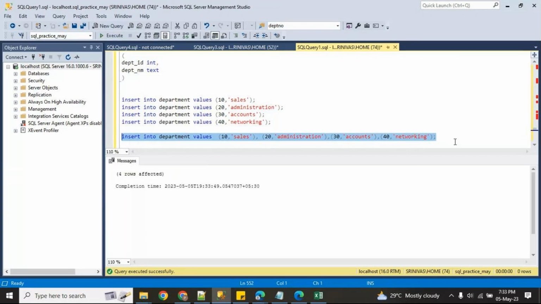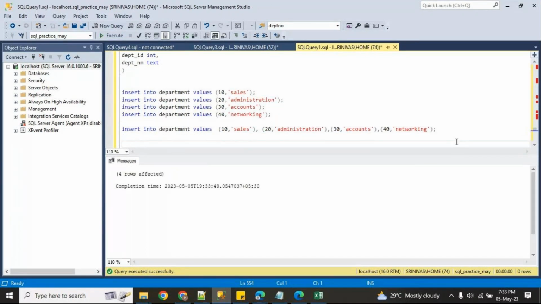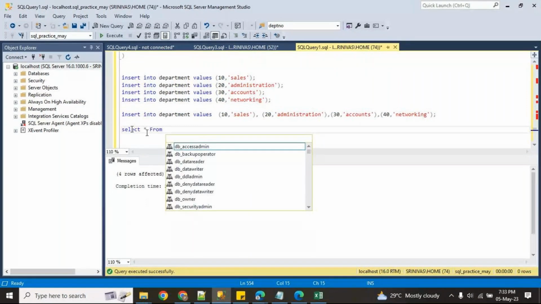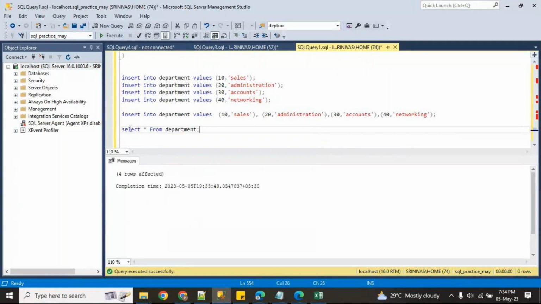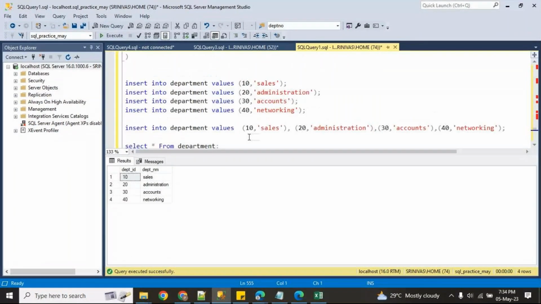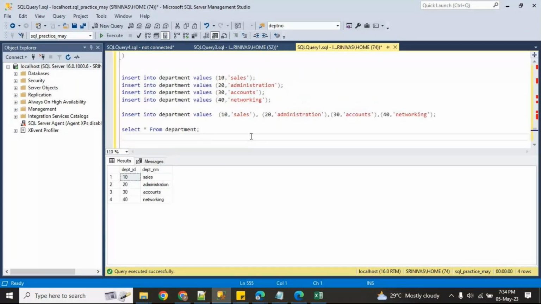Now use this way or we can use this way. Select star from what? Now guys, observe.